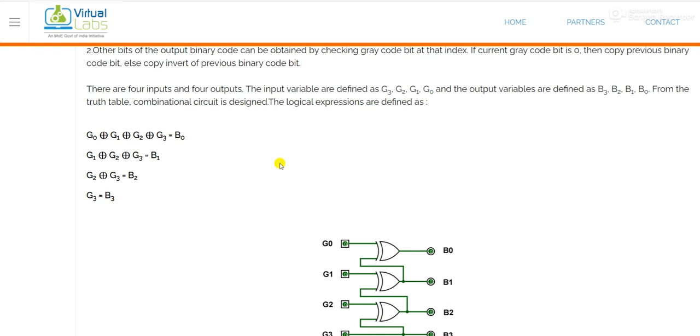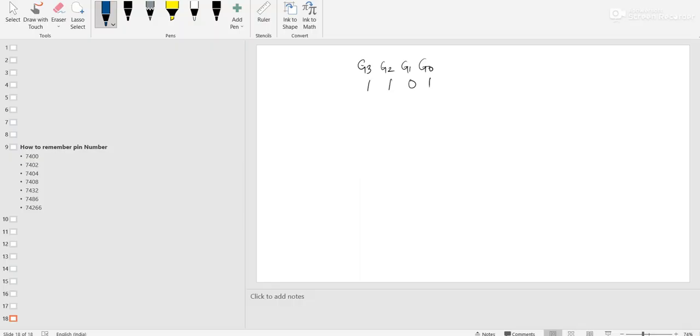We have already covered the requirement of gray code, and where we generally use these gray codes. We generally use them in K-maps for simplification, or for the designing of combinational circuits. So let's take a simple example of a 4-bit gray code, that is 1101.